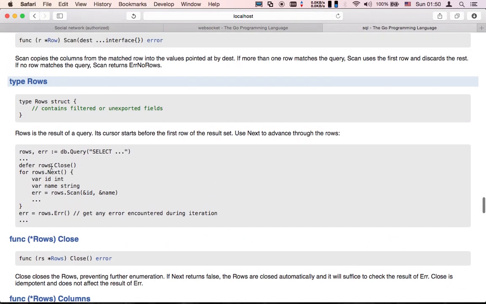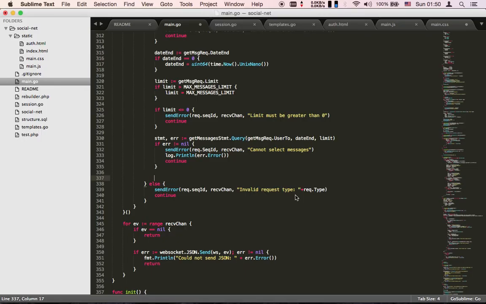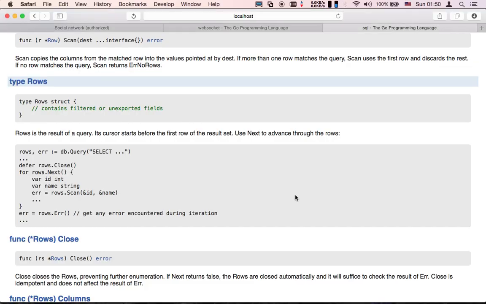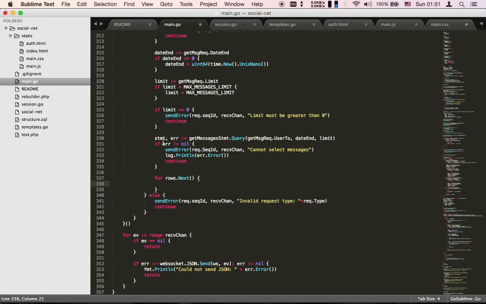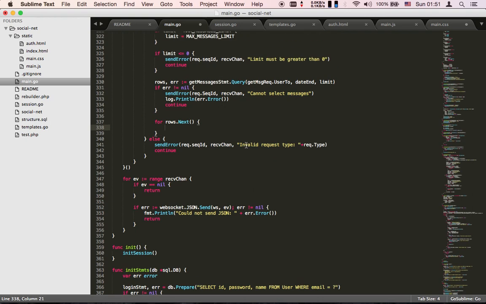So we should close it actually. Rows close automatically if we advance to the last row, so we actually don't need to do this. So while we have more rows,